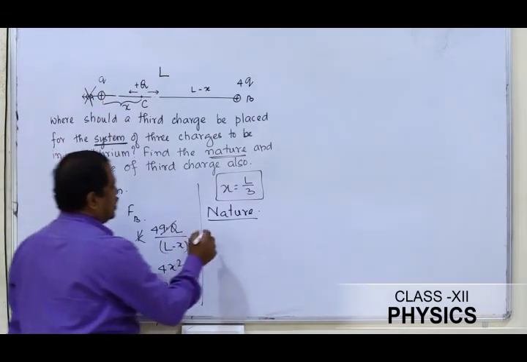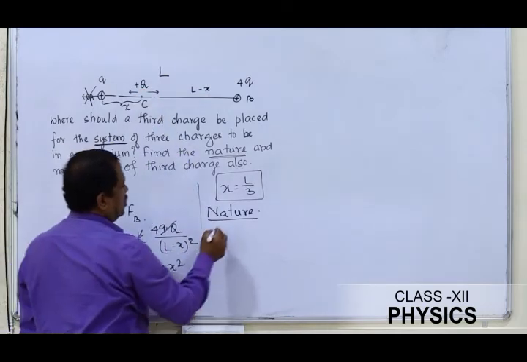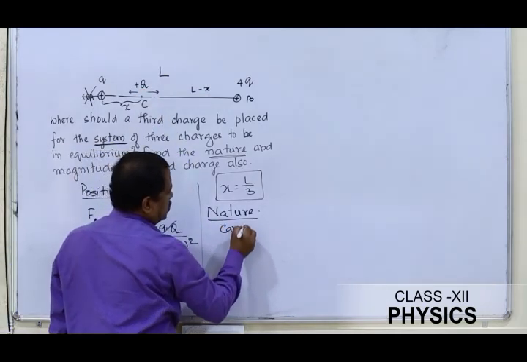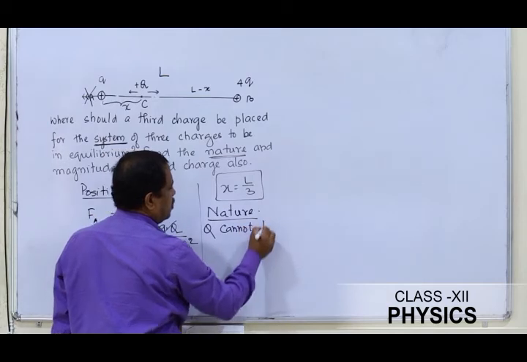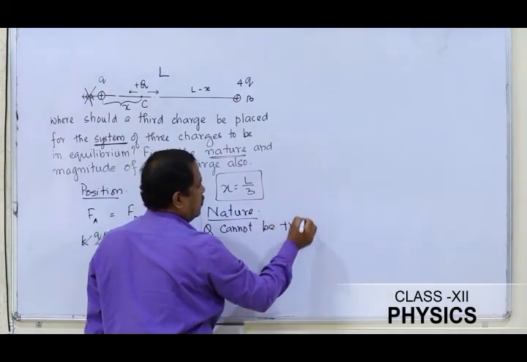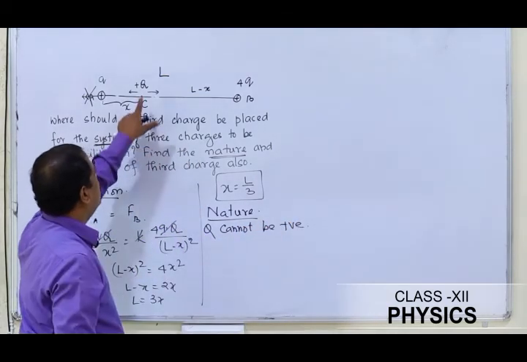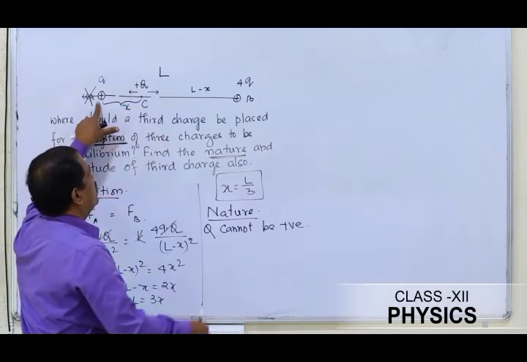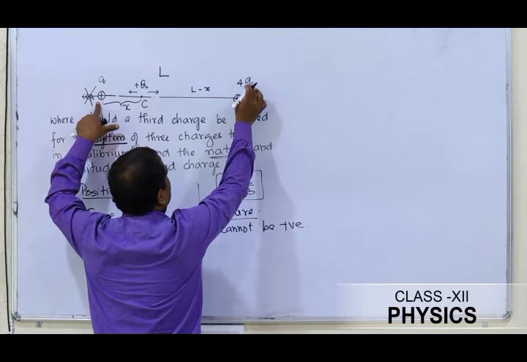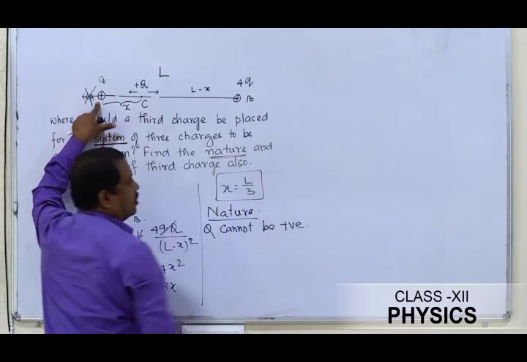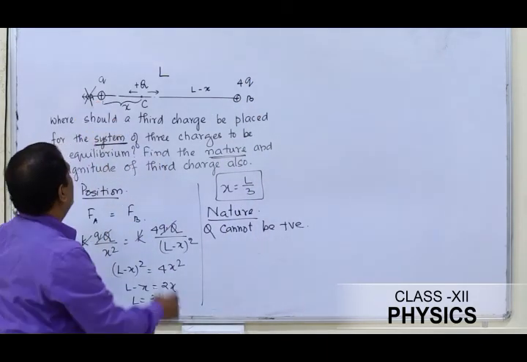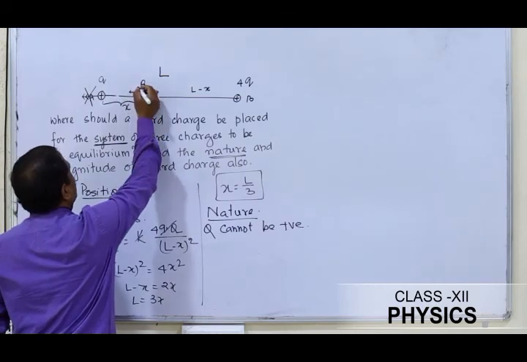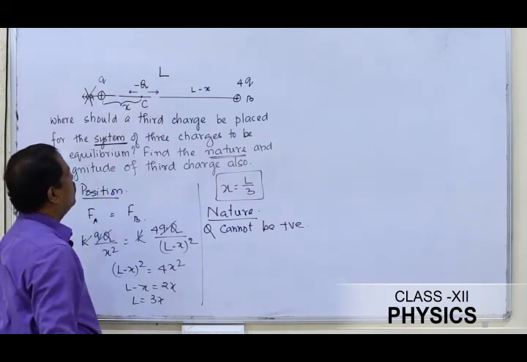So the first condition is the charge q cannot be positive. If it is positive, capital Q can be at equilibrium, but this charge cannot be in equilibrium, and same case here also, the charge cannot be at equilibrium. So the entire system will not be in equilibrium. So let us replace this positive charge with a negative charge, and let us check out.